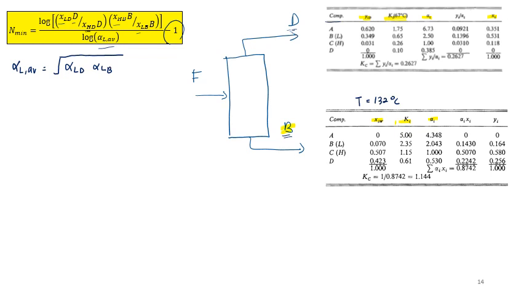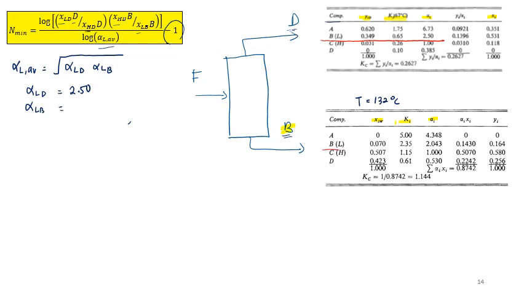So from the table given here, our light component is component B, so you can read here that alpha LD is 2.5 and alpha LB at the bottom is